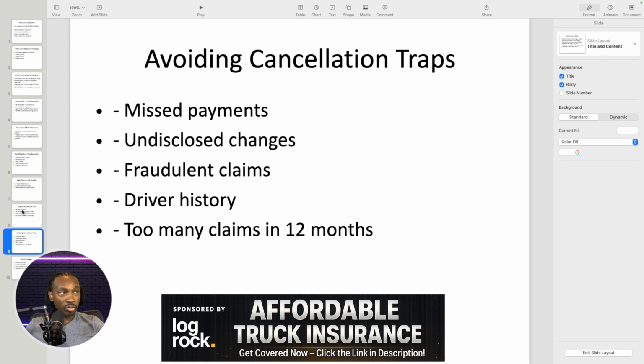Driving history, this is very important. If you are hiring new people, you want to do an MVR check to see what type of points they got. If this person is already working for you and they're accruing points while they're already listed on the policy, this is a good reason why the insurance may drop you when it's time to renew. So you want to make sure you're monitoring your drivers' driving records, because a lot of the times the things may not occur while they are working for you.